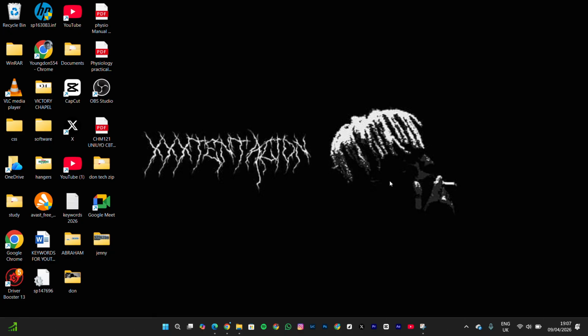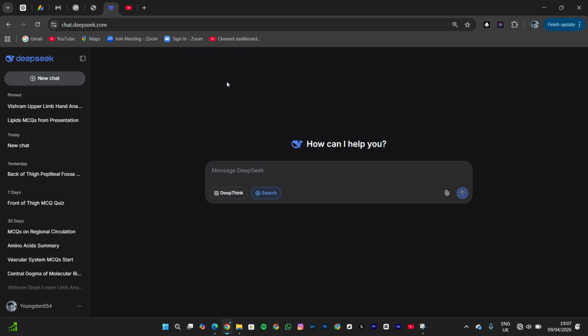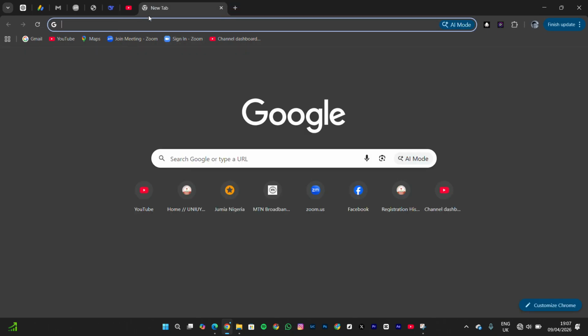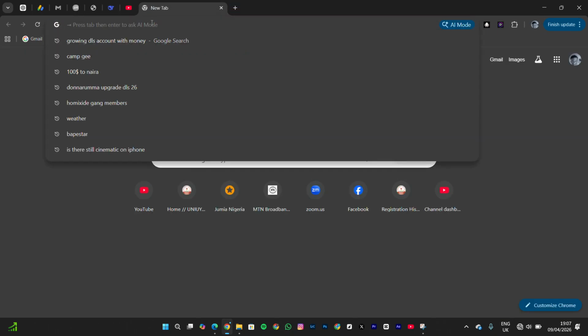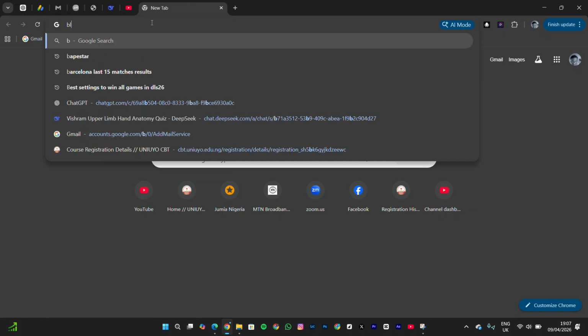So if this whole method or all the steps didn't work for you, let's go ahead to the next step that should fix the issue for you. Go ahead and open Chrome on your device, and we'll be downloading the driver from the direct PC software page. Go ahead and search for Bluetooth